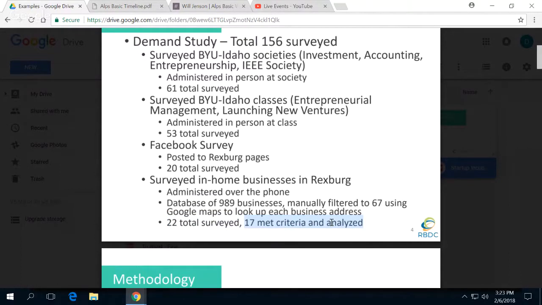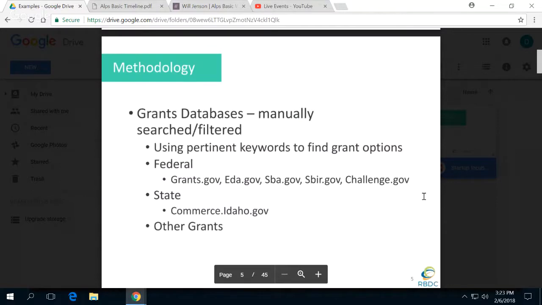So another really important part of methodology is to validate your data and show that you went through a process to get your data. It wasn't "I Googled it and here we go, here's the data." It's showing the effort that was put in that really gives a project value. Because if it was easy, it's not really valuable.